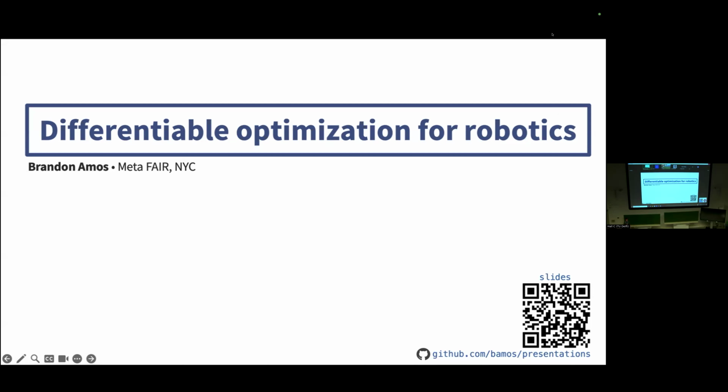I'm a scientist at Meta Fair in New York, and I usually describe my work as optimization and optimization sub-problems that come up across a lot of fields, robotics being a large one of them. In talking to a lot of people here, I realized that a lot of people already know what differentiable optimization is for robotics. So if you already know that, sorry for some of the more basic parts of this talk. But if you haven't heard of it, this is an introductory talk that plants some of the seeds in the space that I've been thinking about over the past 5 or 6 years.